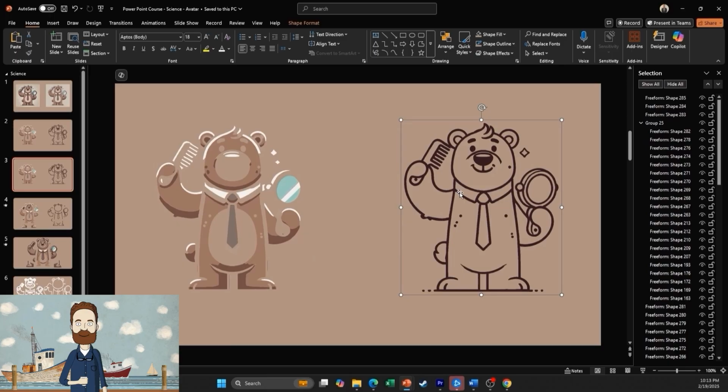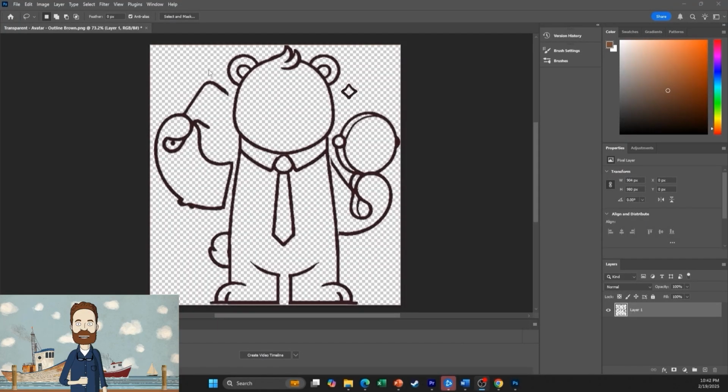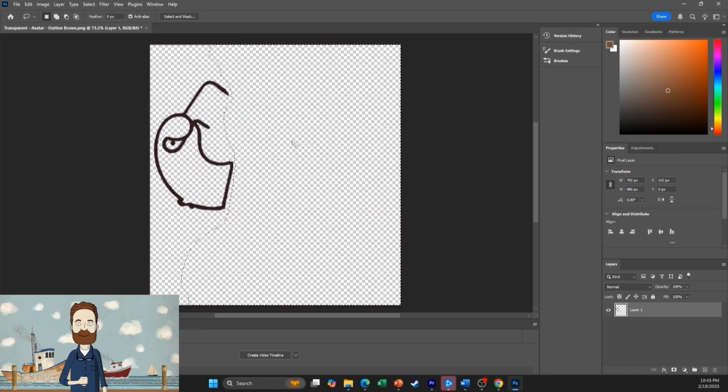To fix this, I had to bring the outline into Photoshop, carefully cut out each piece, and then save them individually as vector shapes. Nothing fancy, really. I just used the lasso tool, shortcut L, drew a line around each piece, deleted the rest of the bear, and saved each piece one by one. Again, one of those moments where you need to be agile and think outside the box to get the job done.